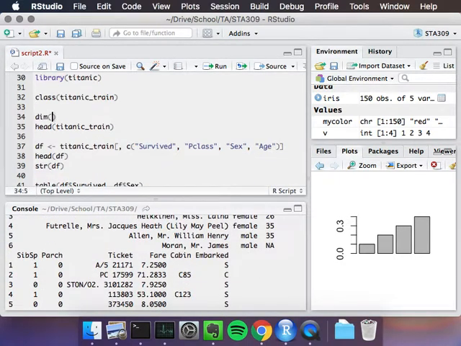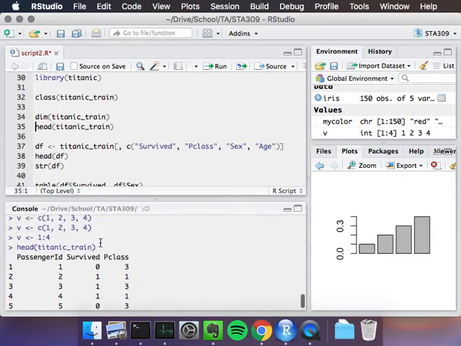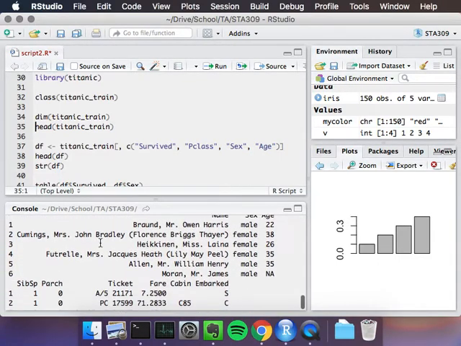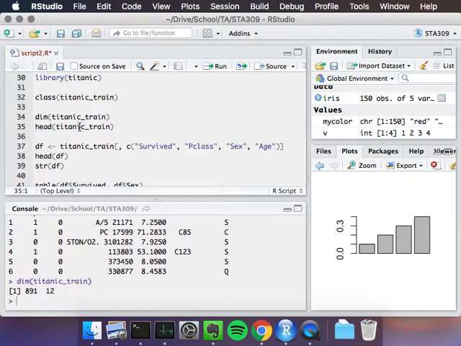Let's see how big it is. Okay, so it has 891 passengers and 12 columns. Each column explains something about the passengers. You can see here we have name, sex, age, ticket, fare, etc. We'll be using this data set for